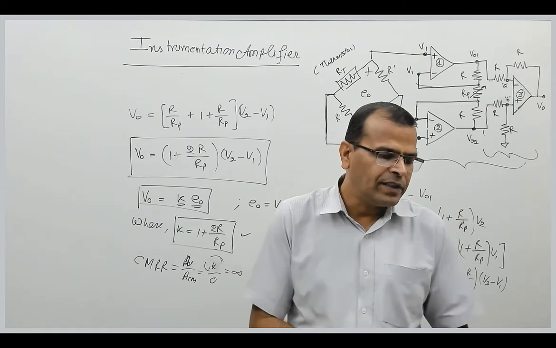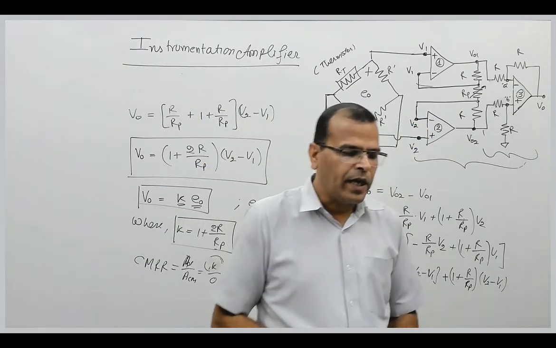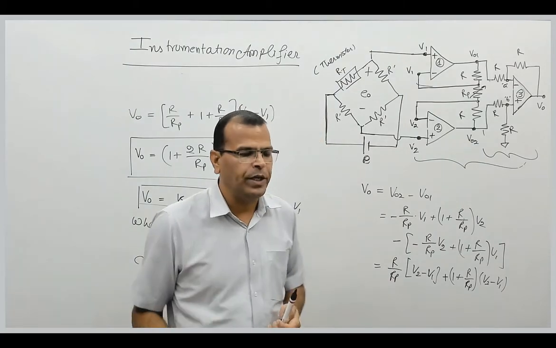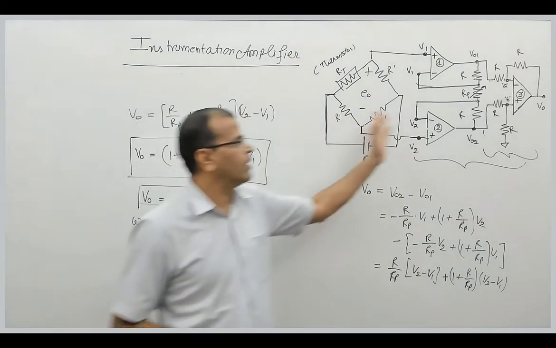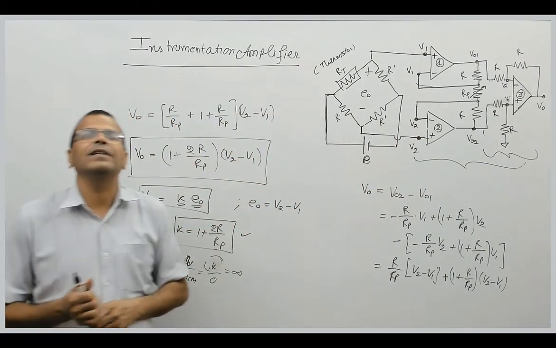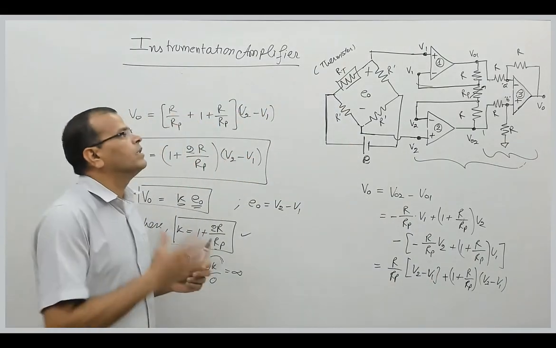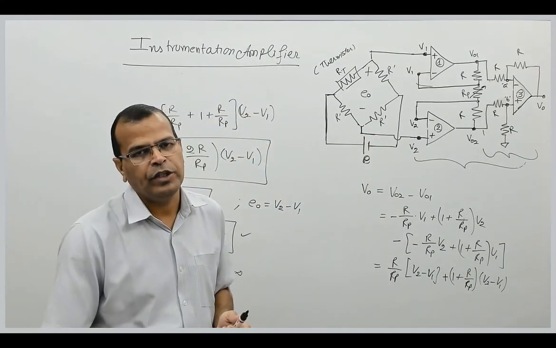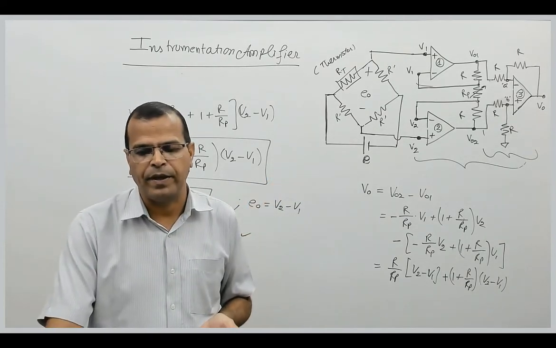There are few more advantages, like it's very highly accurate, its gain stability is high, and it has very low DC offset voltage and very low output impedance and adjustable gain factor. You can vary the gain of this by simply varying the value of RP. So adjustable gain factor is another advantage. So these are some of the advantages of instrumentation amplifier. There can be questions based on this circuit, especially in instrumentation engineering. Now we will see the questions which have appeared based on instrumentation amplifier.